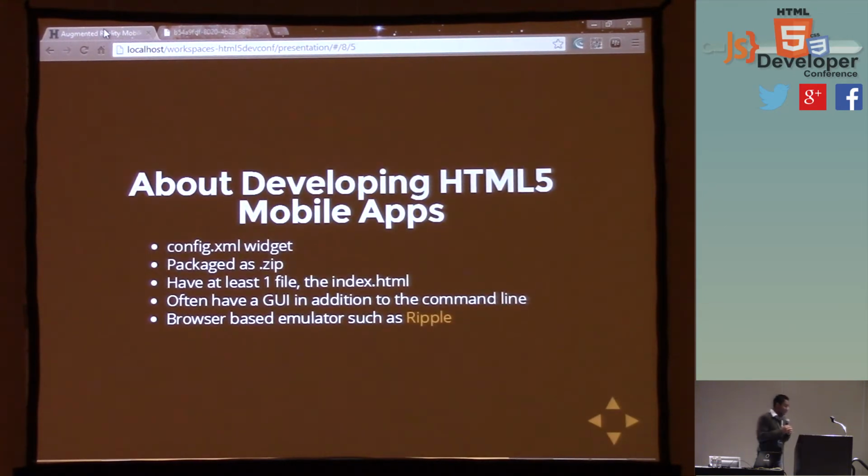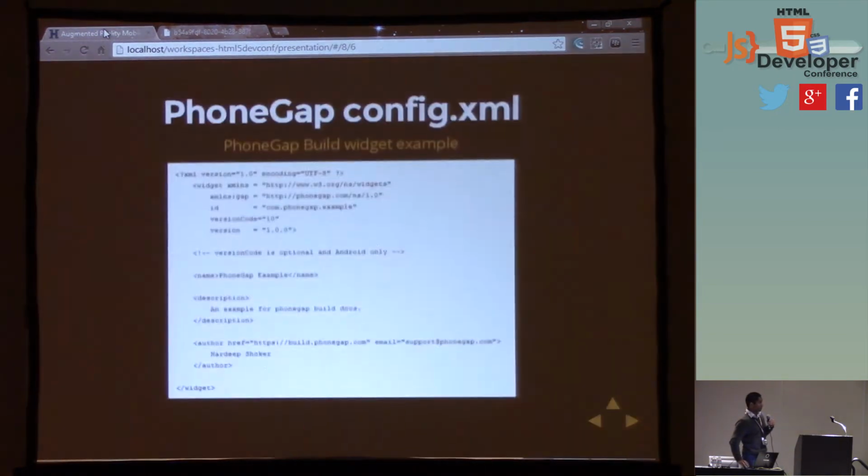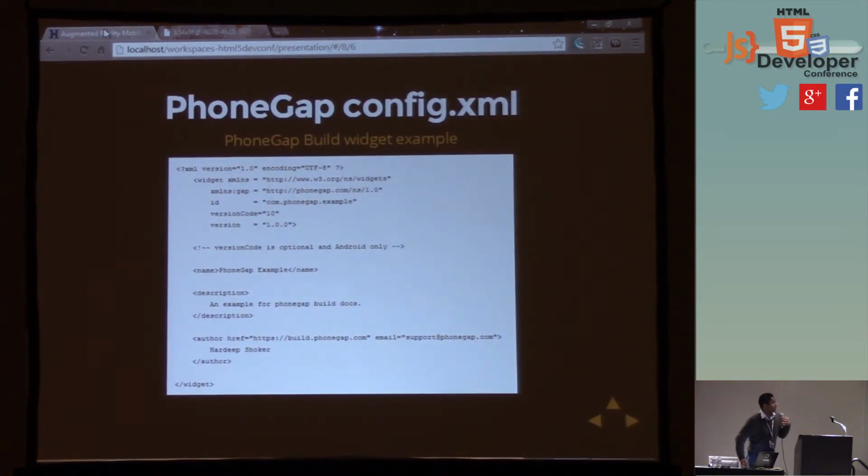All right, so when you're making a mobile application in JavaScript, usually we're going to have a configuration file, this config.xml. It follows this specification, and it's pretty standard. There's only a couple things that they require, but I'll show it to you here: in order to get the app onto the device, you need to have an ID, a version number, a version code.